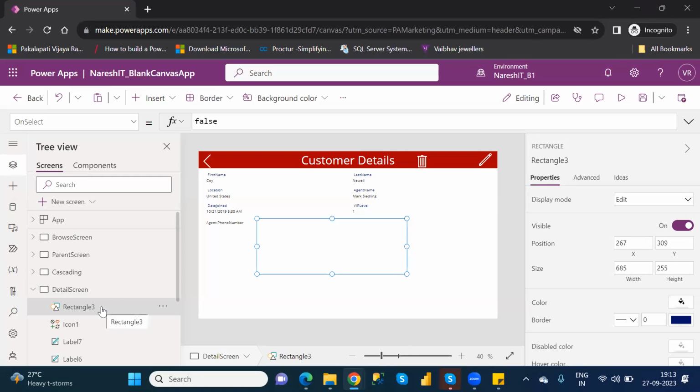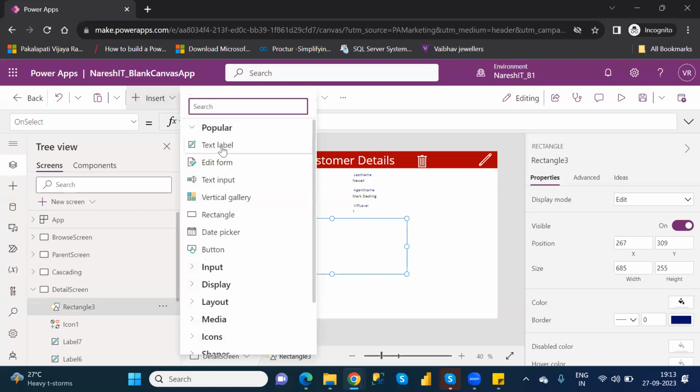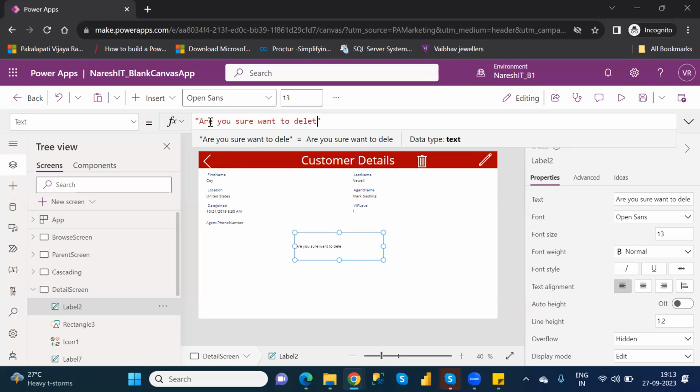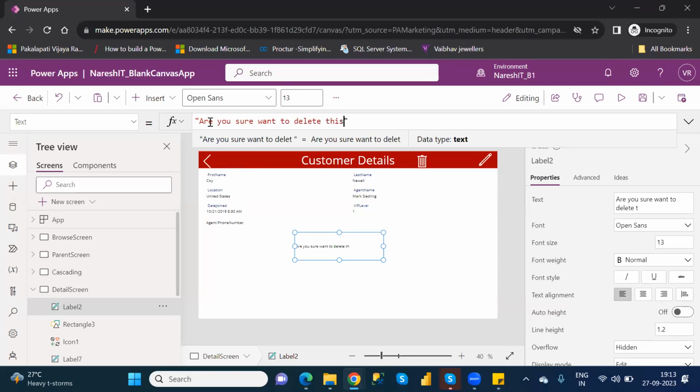Suppose there is a label; I'm just putting a label inside this one. And here I'm giving: Are you sure you want to delete this record? With a question mark. Like this, it will be there.